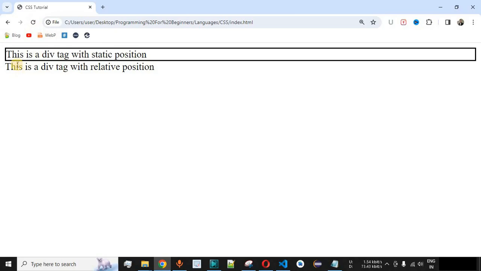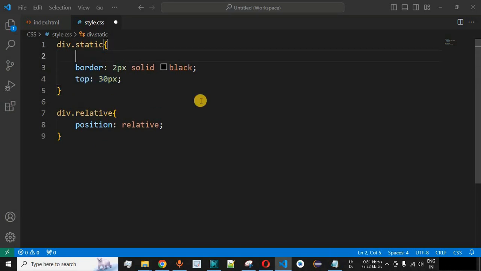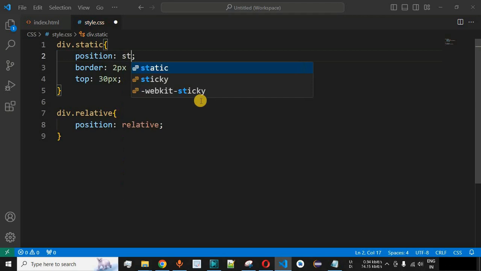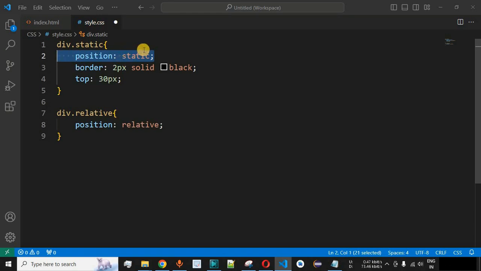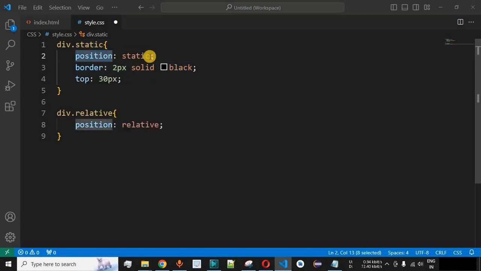As you can see there is no change for now. That's because we have not provided any top or left property over here. Guys, again in this case we have missed out the position property, which is by default static. So over here we will mention the position as static in this case. So it doesn't matter whether you provide this position property with the value of static or not, since the default value of this position property will be static always until and unless you provide the other value for this position property.